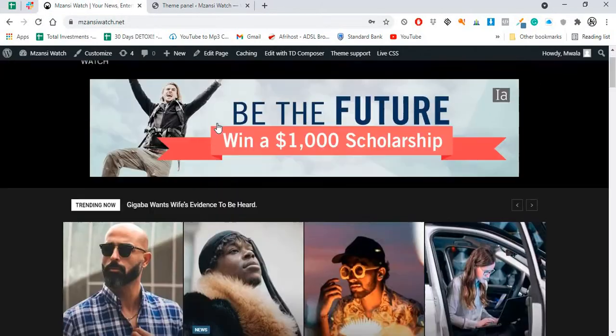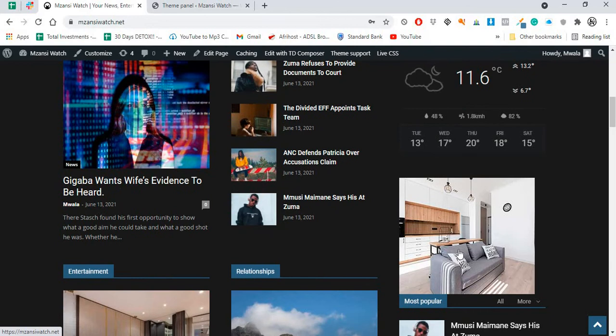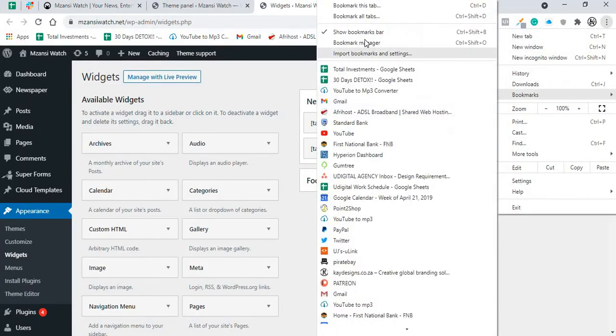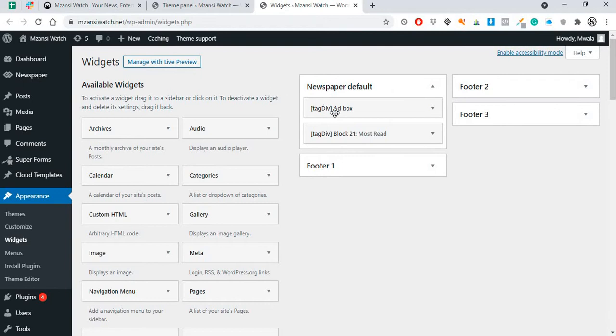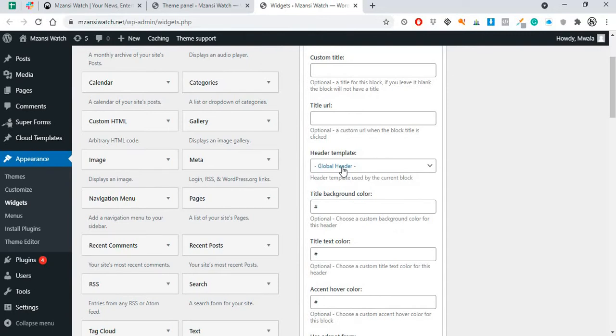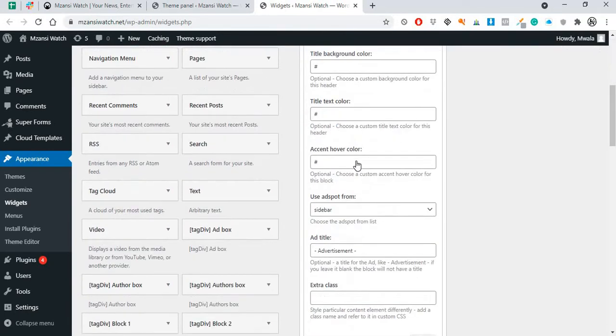And then also for the sidebar, how you can change it is you go to widgets, so I'm there now. You go to widgets, and then you can see here it says sidebar, ad box. So you can see it says here ad box. Then what you need to do is, okay,